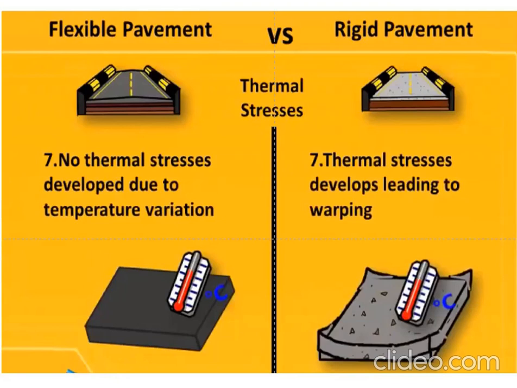Another aspect is that when I talk about asphalt concrete, we don't require a joint, because a warmer temperature has an effect on rigid pavement but has no effect on the asphalt pavement. But if we talk about the cold climate, then there is thermal cracking. That's what I want to explain, right?